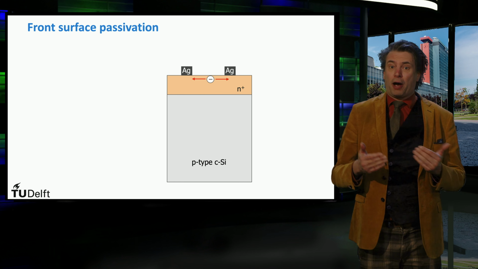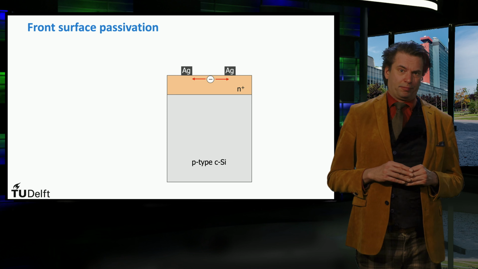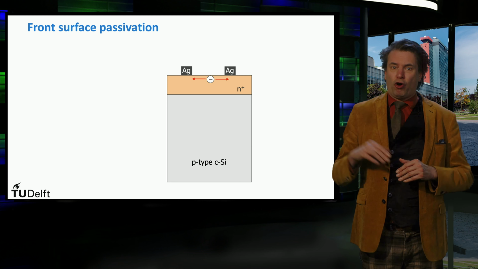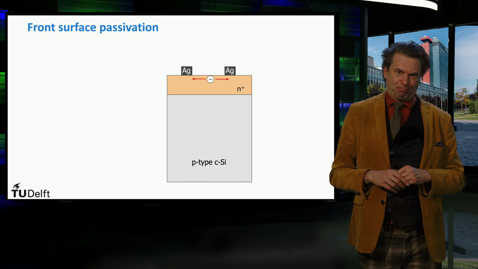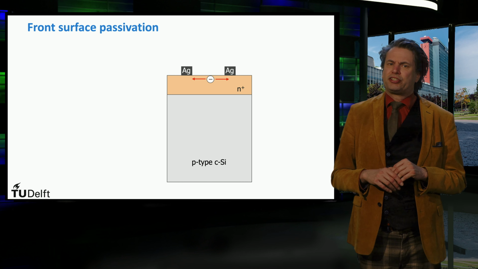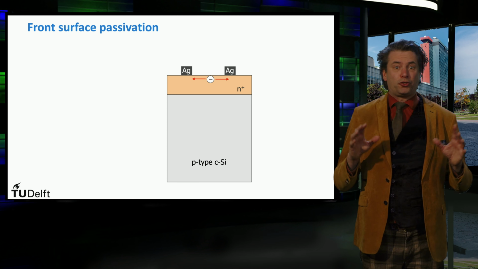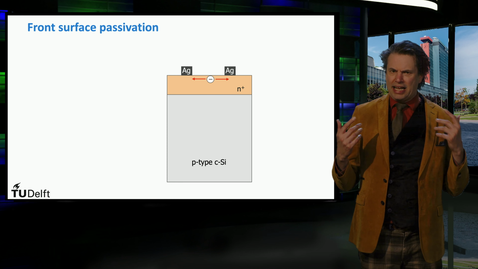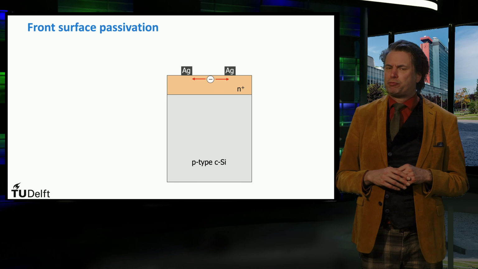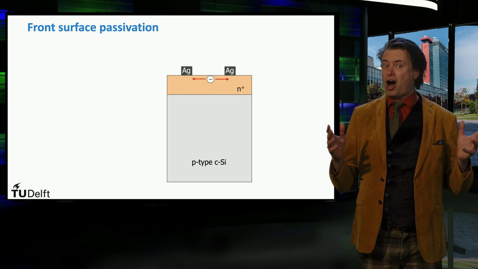The metal contacts are placed on top of the emitter layer. Here the metal contacts are made of the cheap metal aluminium. This means that the electrons have to diffuse laterally through the emitter layer to the contact to be collected. Let's see what the challenges for this transport of electrons to the contacts are.